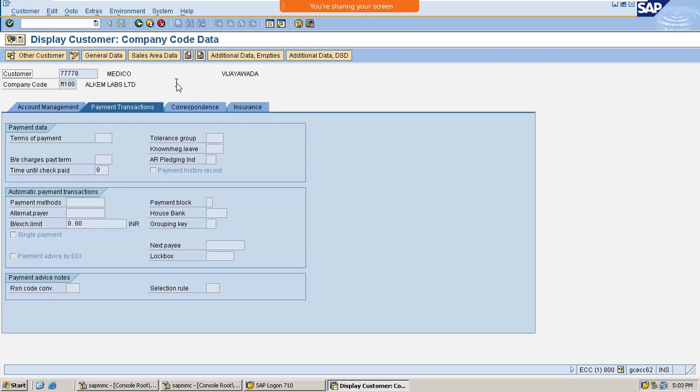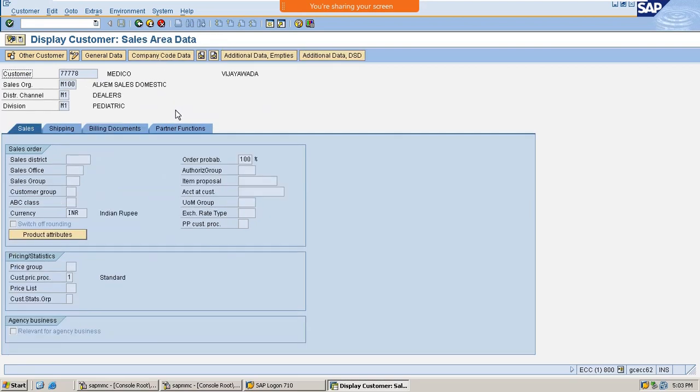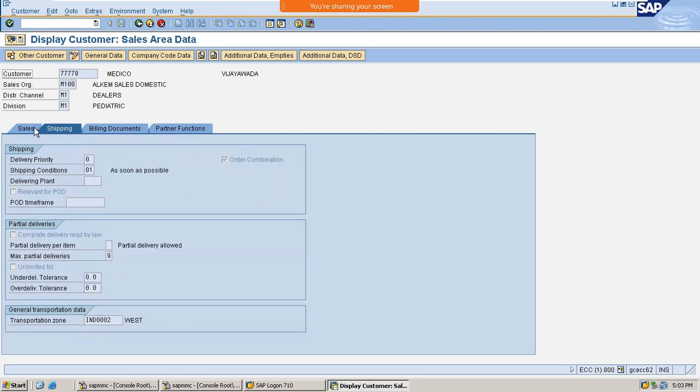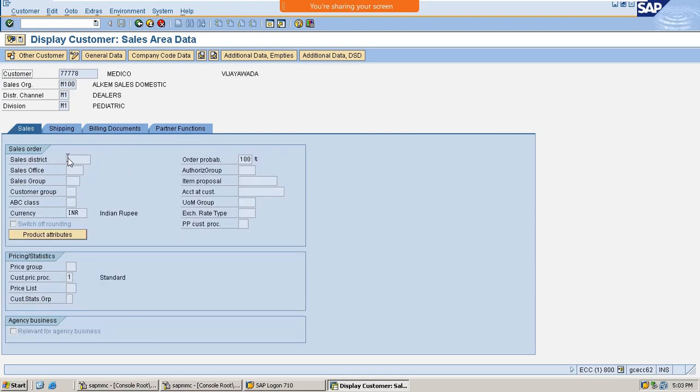In the same way, in sales area data of the customer, we can maintain all the sales area details. For example, what is the customer district, what is the sales office, what is the sales group, and all these details we can maintain here.